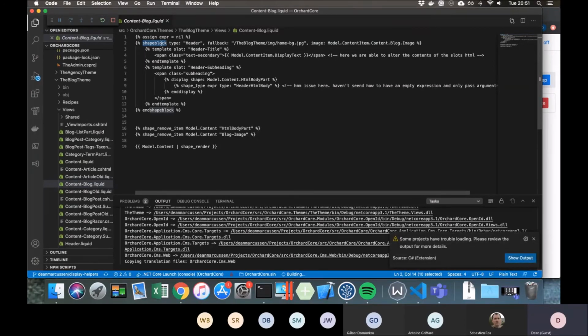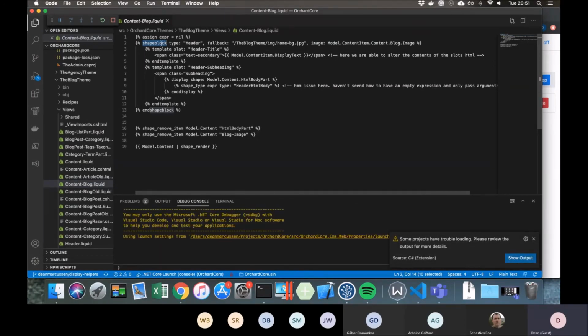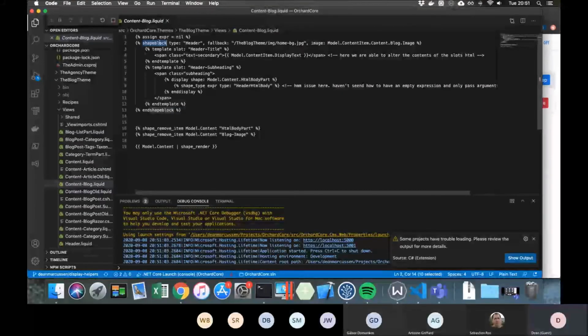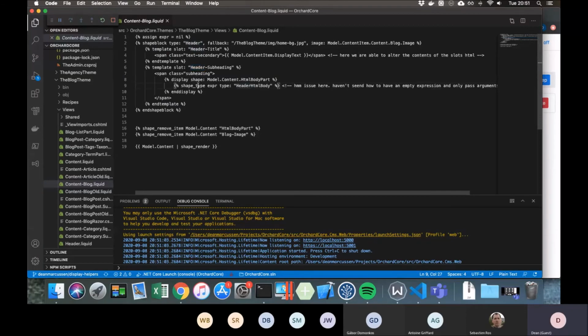And the trick is to try and do this without breaking everything. But the idea is you have a shape block, which can then render stuff into templates. We have slots again, which we talked about. And then I was just doing some experimentation to see whether we could make these blocks take the expressions that we already have to make alterations to shapes,